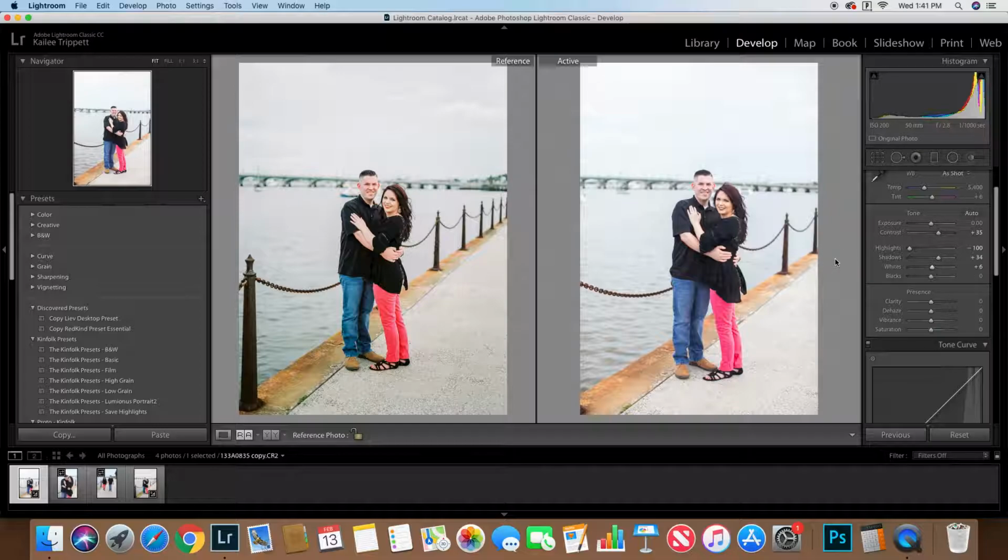Now, before I keep going on, I'm just going to remind you that I'm a big believer that you need to work on your lighting and your shadows and your highlights before you even touch color in any way, shape, or form. Because when you touch your color first and then you go back and you edit your highlights and your shadows and your lights, your color is going to shift and it's going to change because of the settings that you've just plugged in your basic panel. So what we're going to do is approach lighting first, and then we're going to go through and fix our colors. So I just pulled up my whites some,